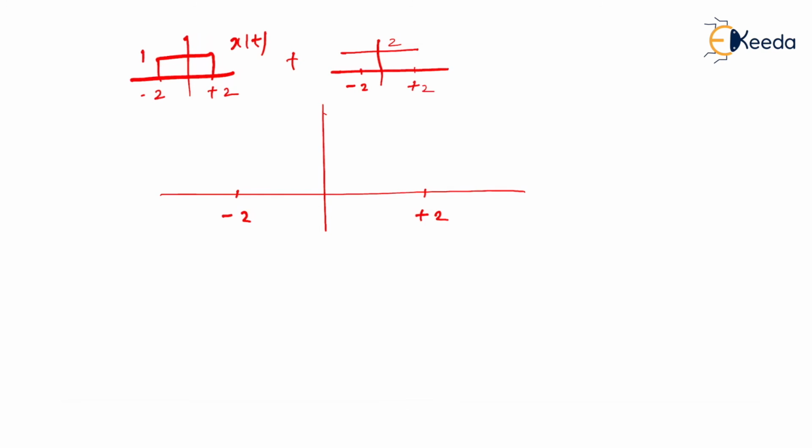See, this DC signal is forever 2. I mean, even after t greater than 2, a DC signal is present from -infinity to infinity, right? It is always 2. And this signal, as you can see, is 0 for t less than -2 and 0 for t greater than 2. Therefore, before -2, it is by default 2, and after 2 also, it is by default 2. In fact, during the interval from -2 to +2, x of t is 1 and the DC signal is 2, so it jumps to 3. Is that right? It jumps to 3.